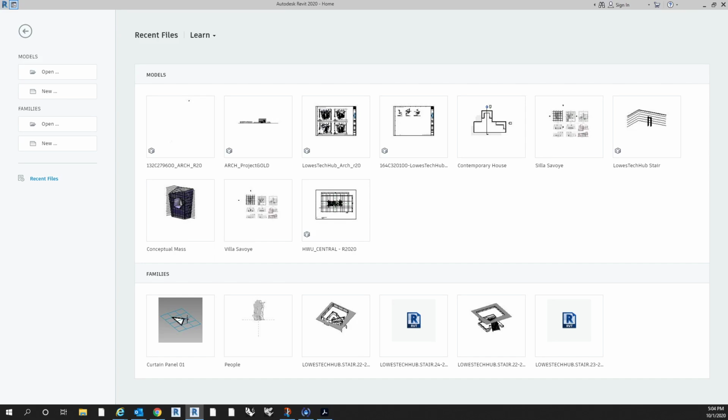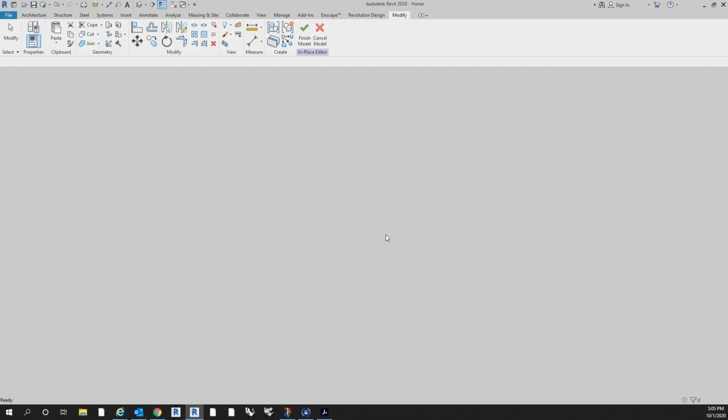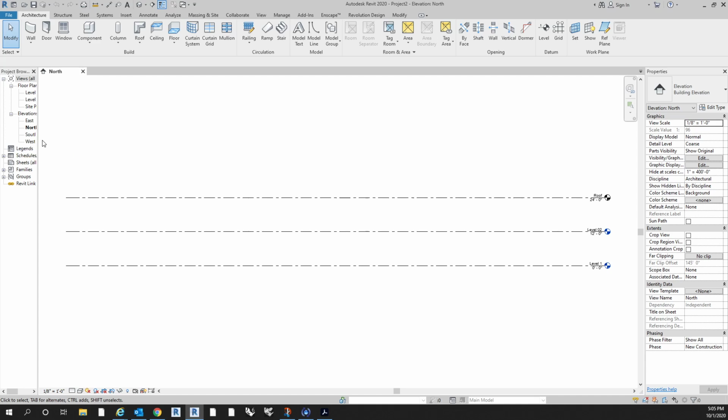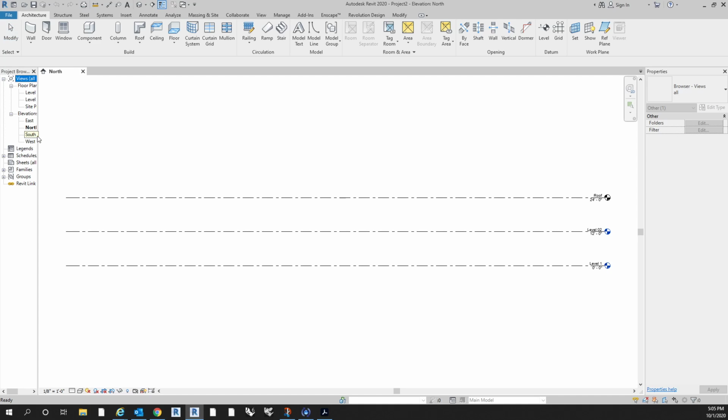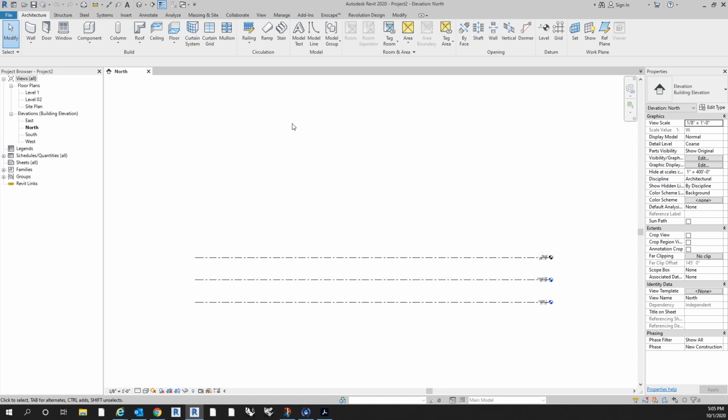Hey class, so I'm going to get you all started on the Gherkin project by just setting up the conceptual mass and reviewing a couple of the items that I'd like you to hit with your divide surface and the current panel pattern-based families. So open up a new project using our template, and then going off of the files that I uploaded to